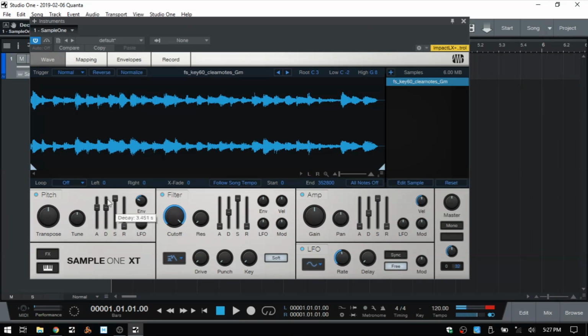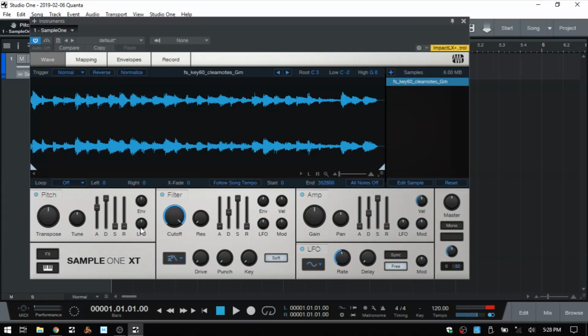Okay, and so even if I were to raise the decay up to 20 seconds, we're still only utilizing that 3-second attack. So just keep in mind that the decay is only going to work when you have the sustain set to the bottom, and that means it's going to return back to the original pitch here. Okay. Now I'm going to control click on the envelope, and let's move on to the LFO, and we can